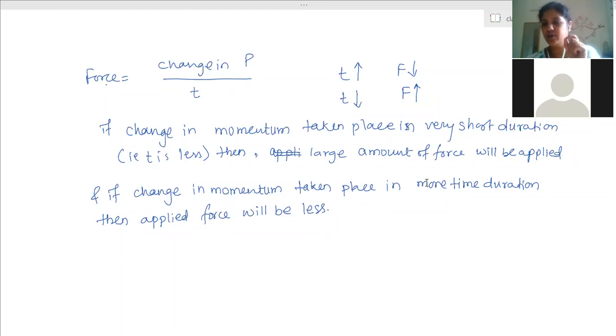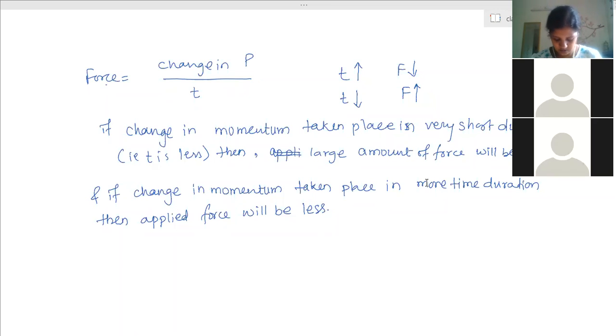So in a very short duration, a fraction of a second, the momentum has changed because the speed has changed from large to zero. So there is a change in speed in a very short duration of time. Are you able to understand this? Yes, ma'am. So due to that, if the change in momentum has taken place in a very short duration of time, what happens? The ball will apply a large amount of force on the hands.